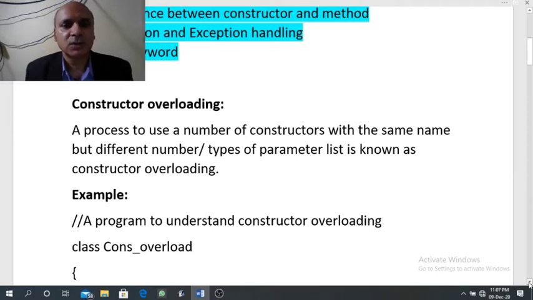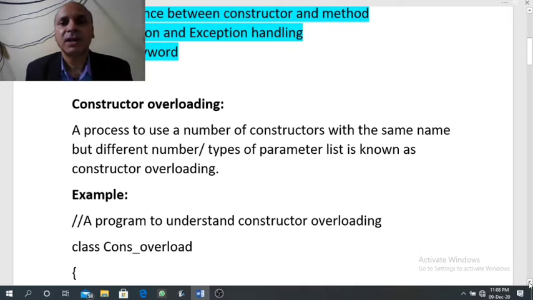Since constructor is also like a function, whatever rules we follow for method overloading, same rule is followed in constructor overloading also. So in case of constructor overloading, we design many constructors with the same name, that of the class name, but these constructors will have either different number of arguments, or if the number of arguments are same, then their data type should be different.